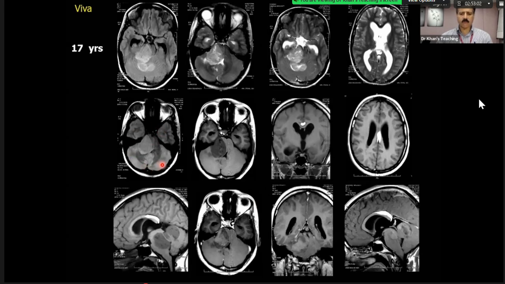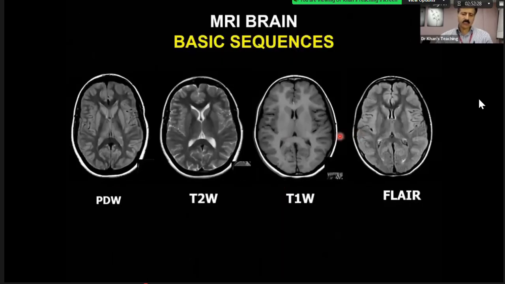This one is a FLAIR sequence. And the key here, just like this one, is that CSF is black and the white matter is also black, dark, and you can see the fourth ventricle here. So my experience is that usually people do confuse FLAIR with T1. And why? Because in both of them, the CSF is dark.